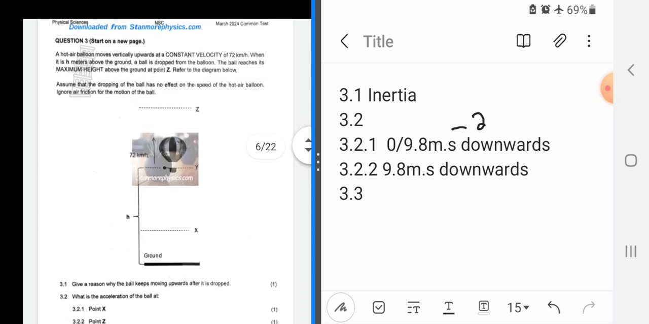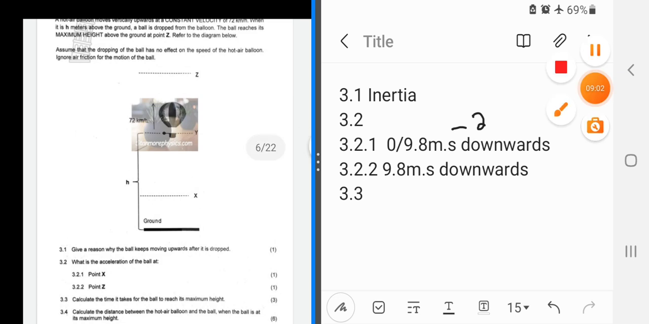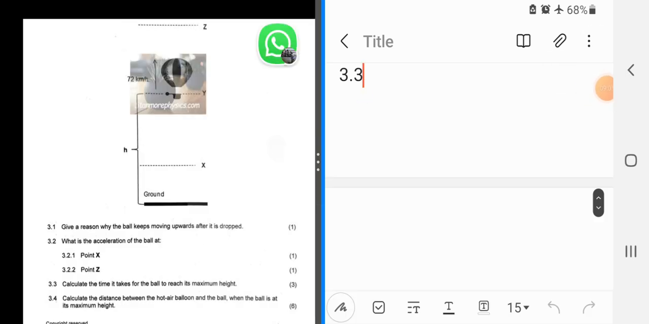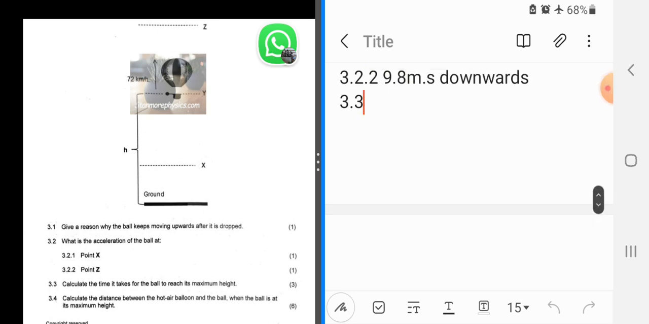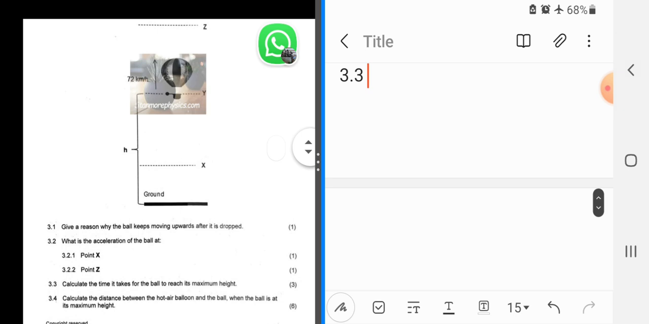Let's look for that. All right, so here we have, let's do a space like that. All right, so the initial velocity,